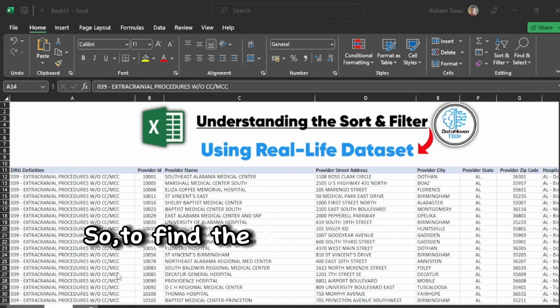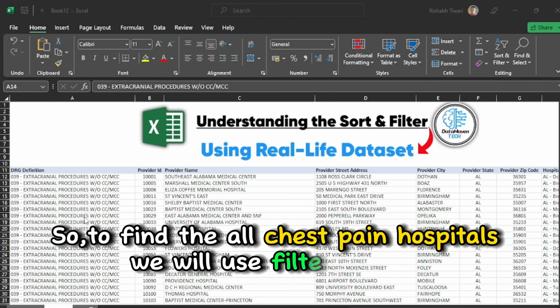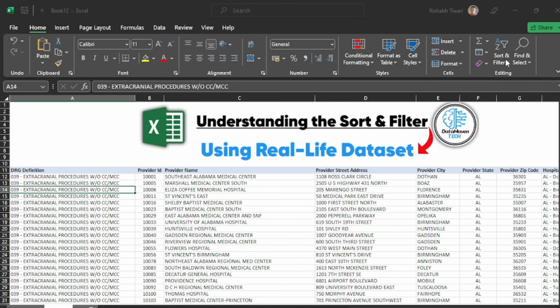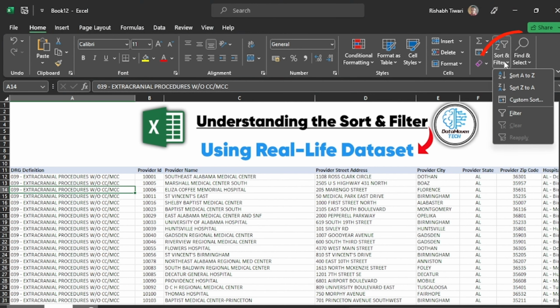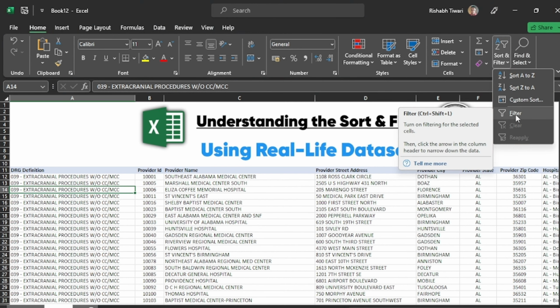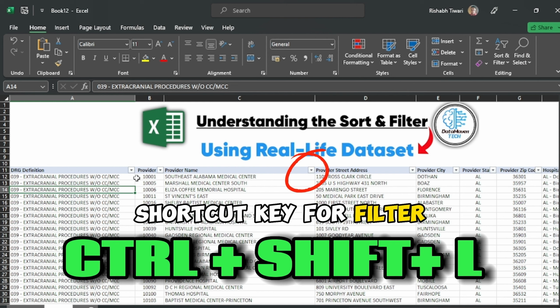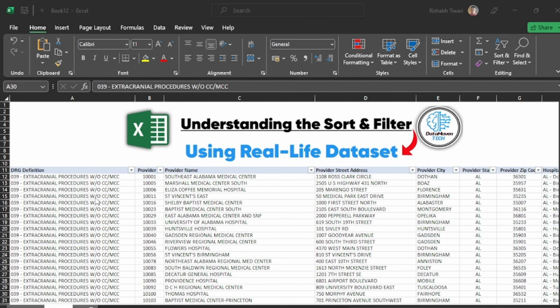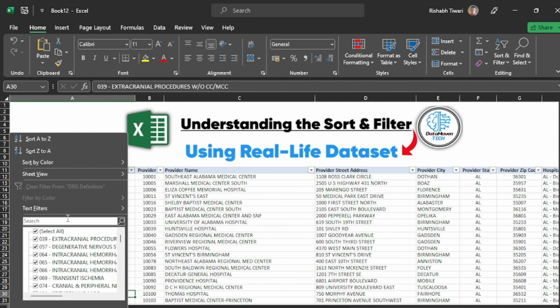So to find all the chest pain hospitals, we will use the filter method. To use that, we will click here on the Sort and Filter tab. Now click on Filter. Now you can see the little dropdowns where we will filter our required input. So we have to filter chest pain in the DRG definition column. For that, click here. Now we will unselect all and select only chest pain data.